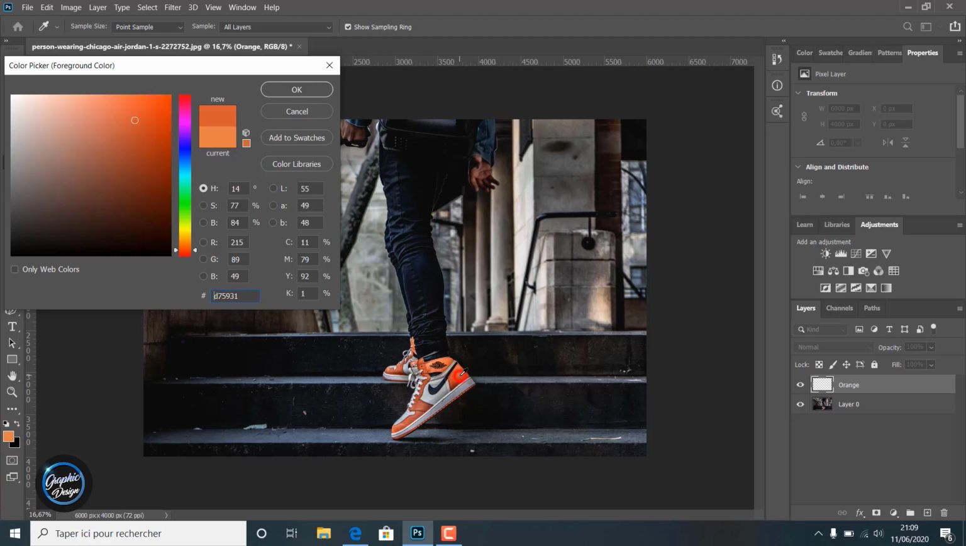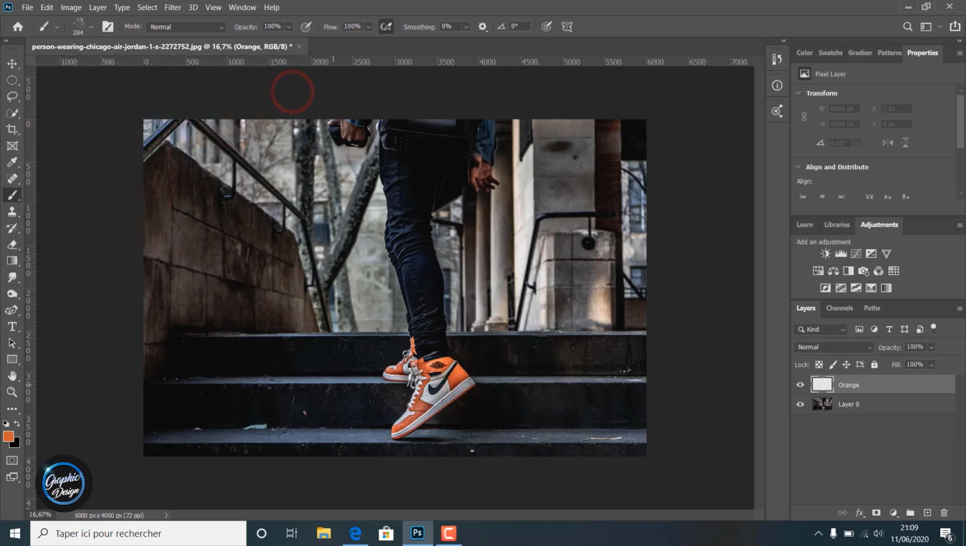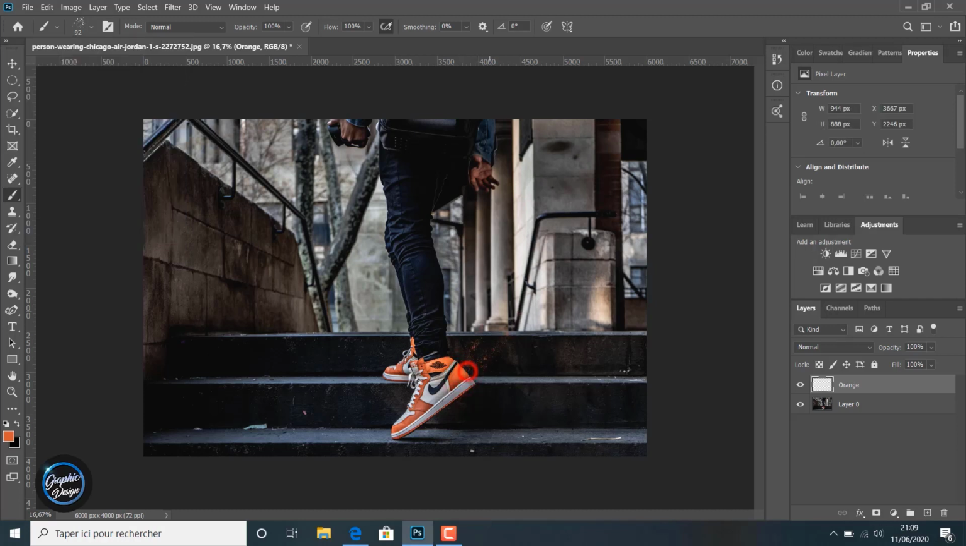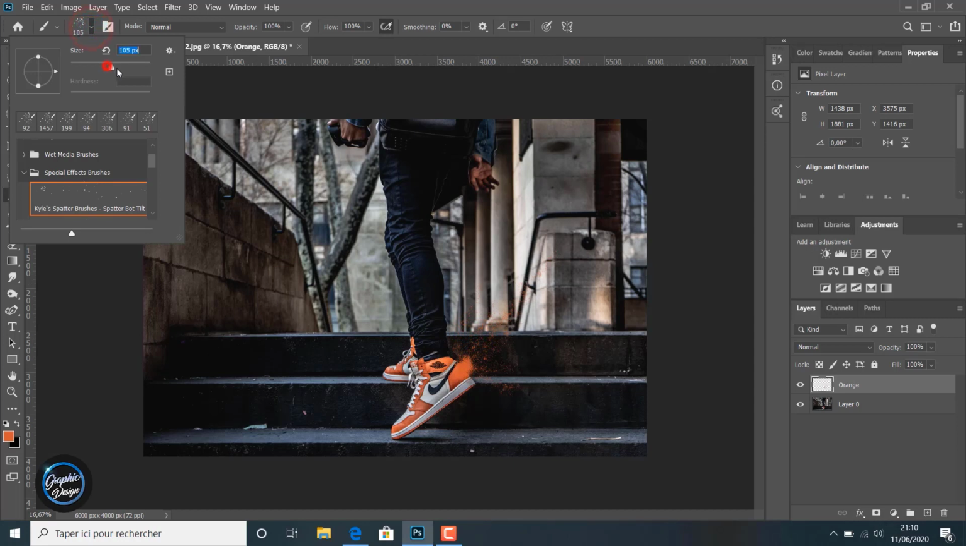And we choose the color, we take the pipette, and we take the orange color from the shoes, and we make the size of the brush a little small, and we go to this part here, and like you can see, we began creating our paint effect using this very special brush. We use the orange first with a very small brush, and now we make the brush bigger, like you can notice here,